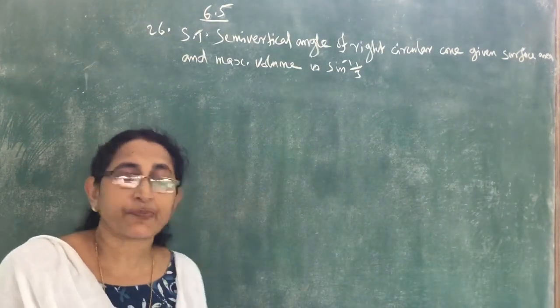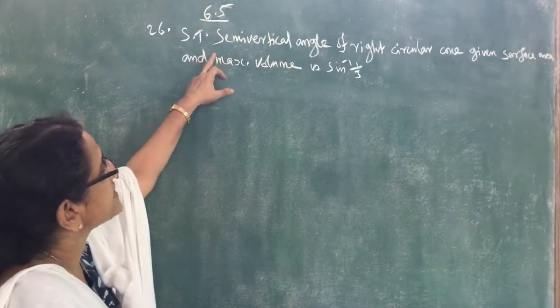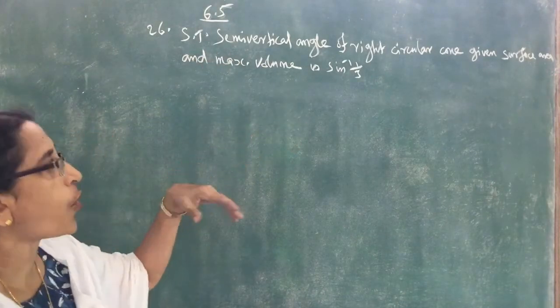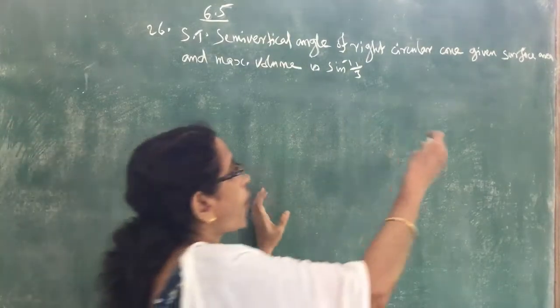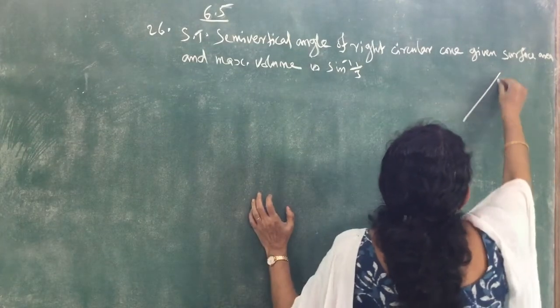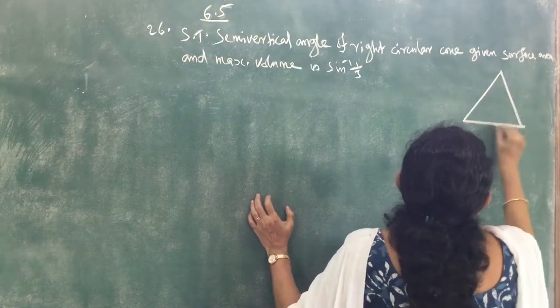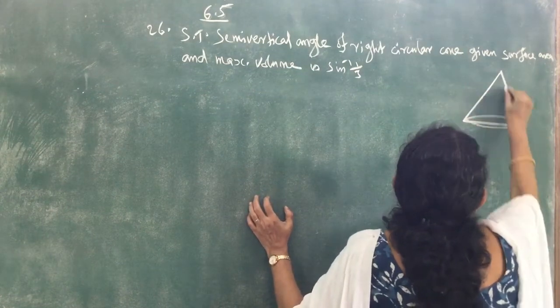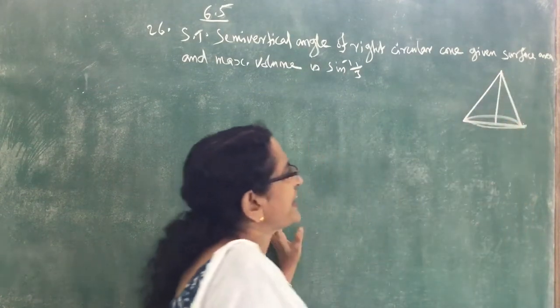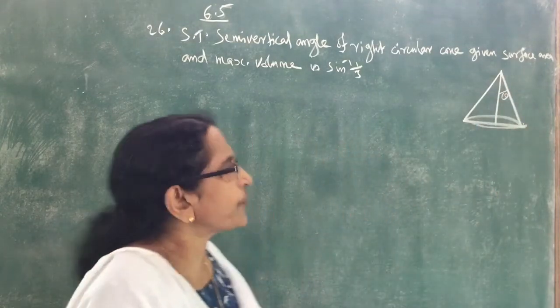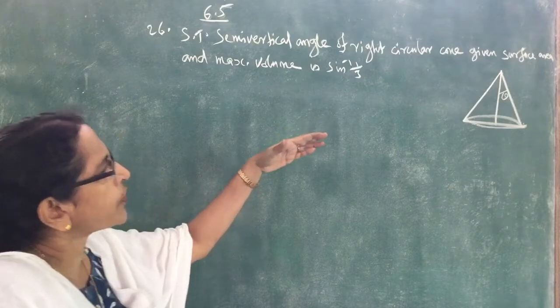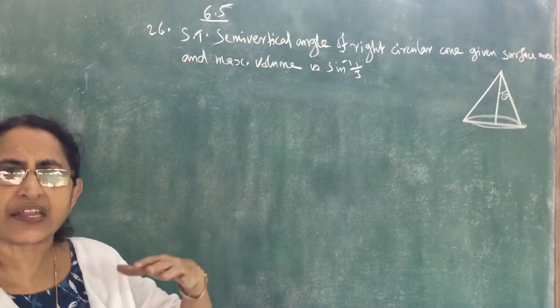26th question, 6.5. Show that the semi-vertical angle of a right circular cone of given surface and maximum volume... So in a right circular cone, semi-vertical angle means this angle. We have to prove that in the right circular cone of given surface, that means surface area is